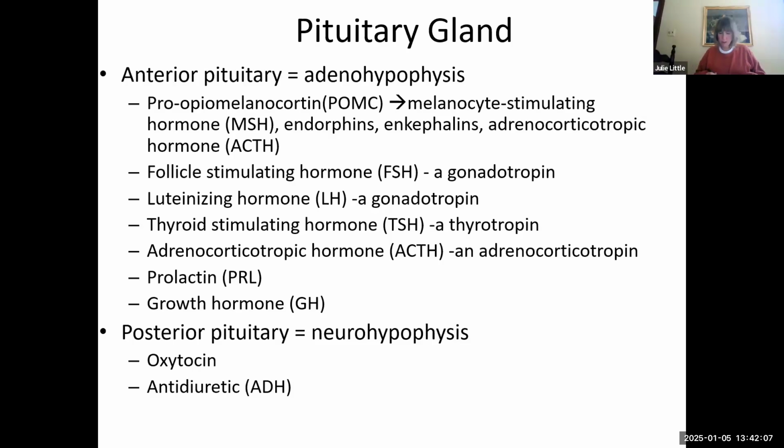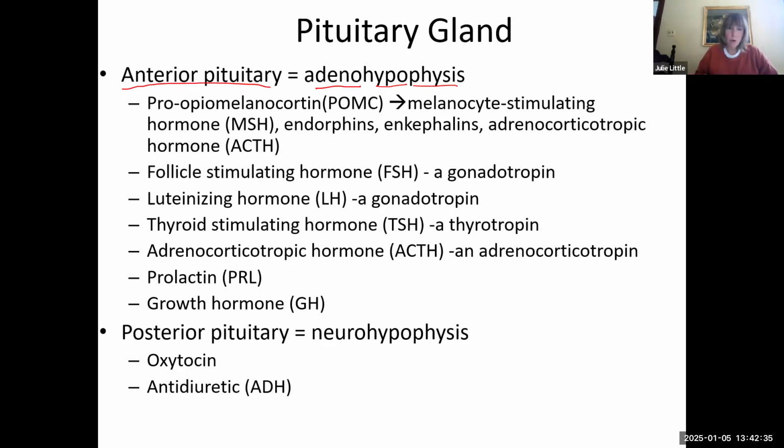It may take an hour just to go over the pituitary gland because it's such a complex endocrine structure. But first of all, we need to know that the pituitary gland is made of two main parts, the anterior pituitary, which is called the adenohypophysis. Hypophysis means to grow under, and adeno refers to the fact that the anterior pituitary gland is made of